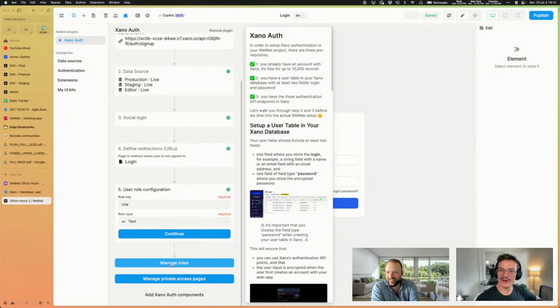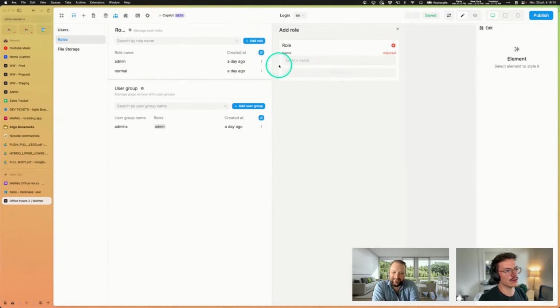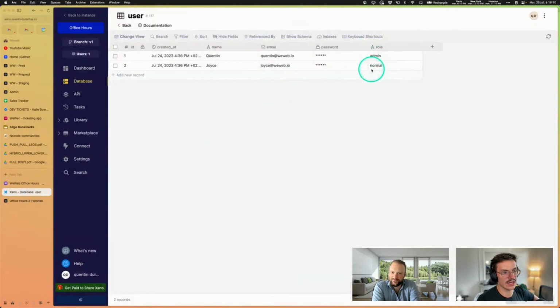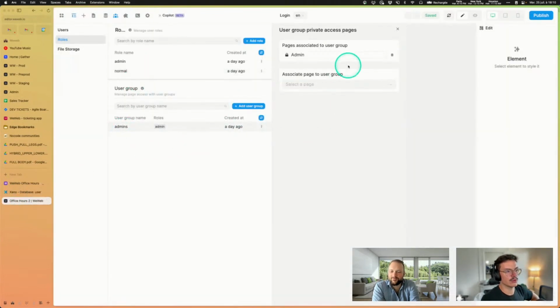I also had the same issue, and I was like, why is it not working? I had the same issue as the user, because then you have to manage roles here. So what you do is create roles, because WeWeb needs to know the values the column can take. Here I typed admin and normal, because those are the only two I have. If I had another user with another role, I would add it here. And then I created a group called admins, which is basically